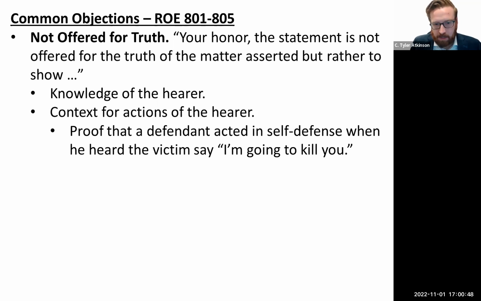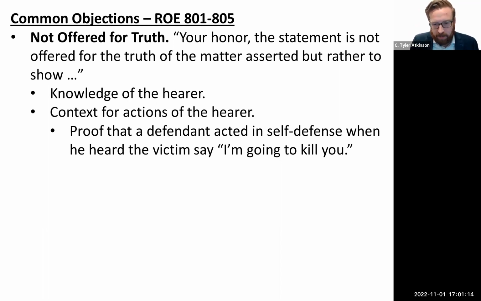Your Honor, the statement is not offered for the truth of the matter asserted, but rather to show the knowledge of the hearer. If it's important that this statement was conveyed to a person, then it might not be offered for truth, but rather for the fact that that person heard this person say it, or offered to show context for the action